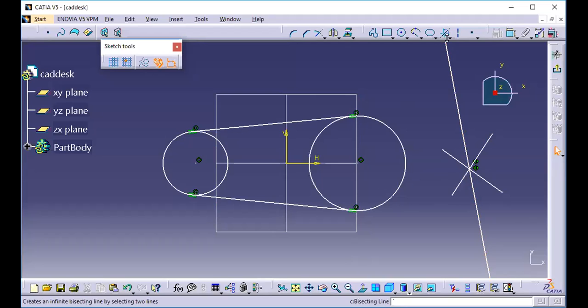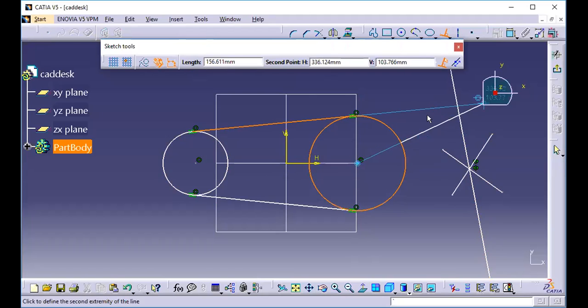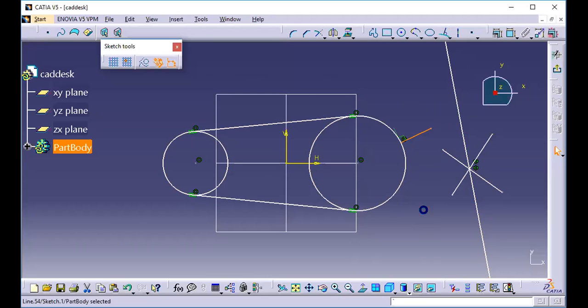So next, it is a perpendicular line. If I select any arc, cylindrical surface, circle, whatever circular object, it will create a line perpendicular to that only. And there is also an axis line.